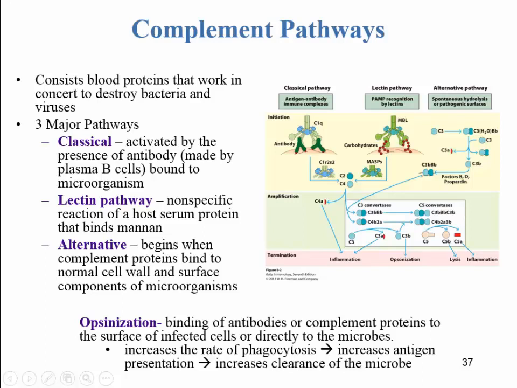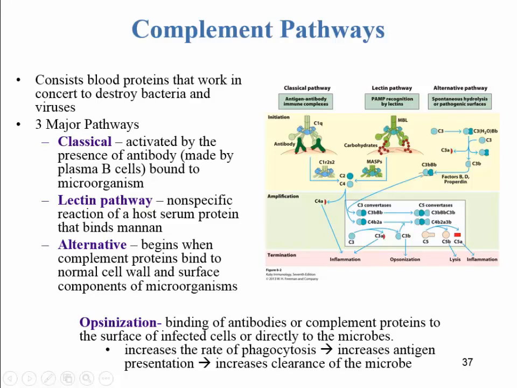The classical pathway, shown here, is antibody responses working with complement proteins to get rid of an infectious agent. The lectin pathway is very specific for things such as mannose-binding lectin, and it works with mannan proteins that will then interact with the microbial surface. The alternative pathway is the interaction of various complement proteins directly with the pathogenic surface. All of these pathways cause the same results. At the end of this pathway, you have processes such as inflammation,